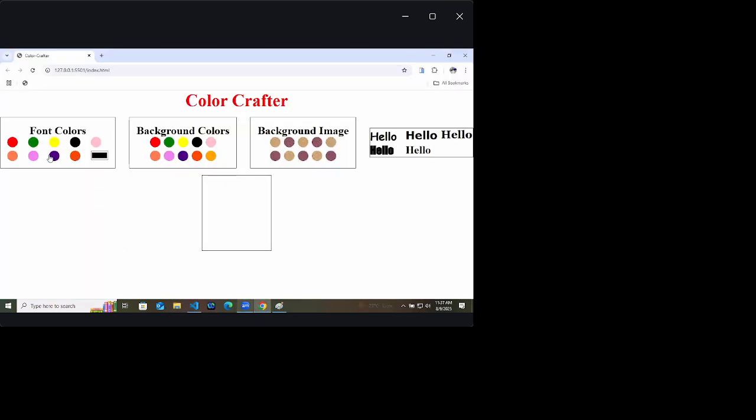Means if you don't like these colors that I have given you, you can choose color from here also. That is the best facility to user. Now we are not giving only 10 choice to the user. We are giving 1 crore choice to the user. You can choose any font color that you need. You can choose any other color that you need.